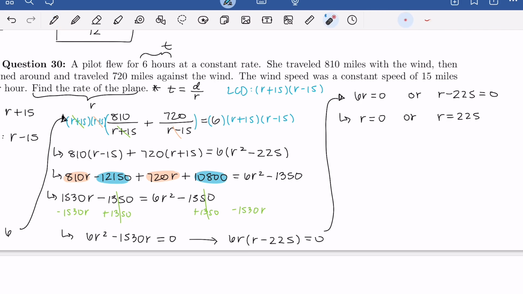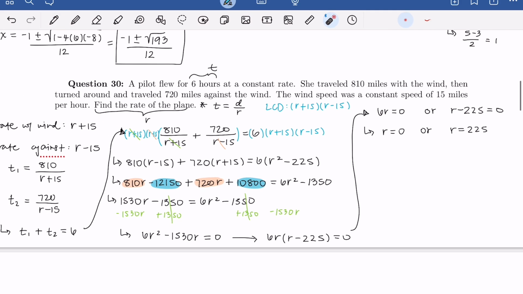All right, now if we go back to this problem, we're trying to find the rate of the plane. So we're saying the rate of the plane is either going to be 0 miles per hour or 225 miles per hour. And in the context of this problem, we know that the plane is not traveling at 0 miles per hour. So our final answer here is going to be 225 miles per hour